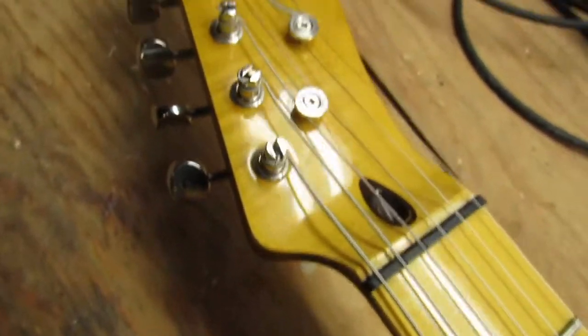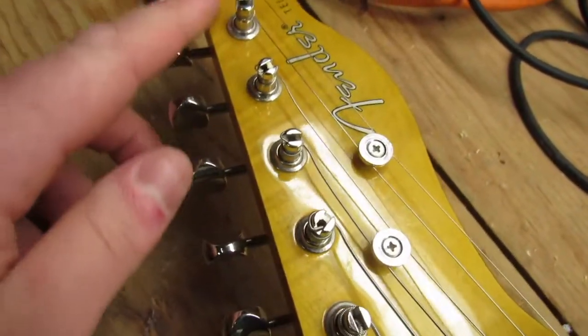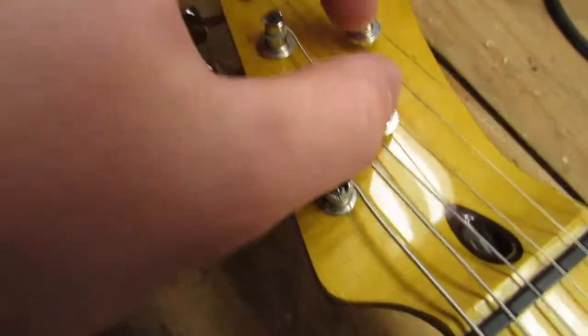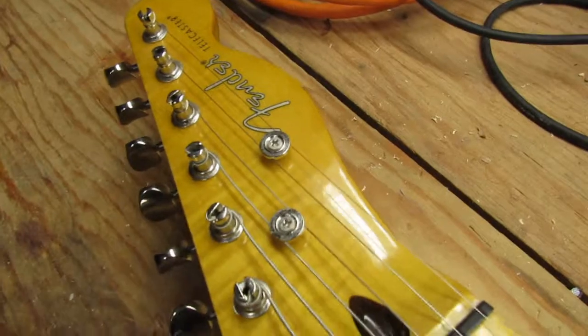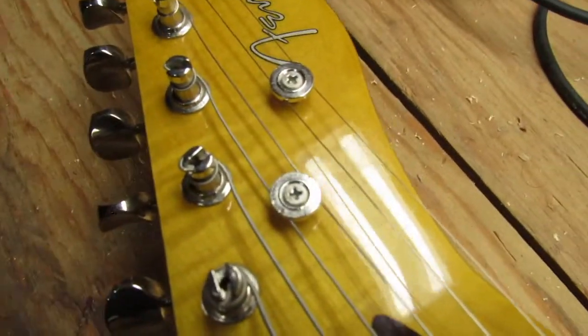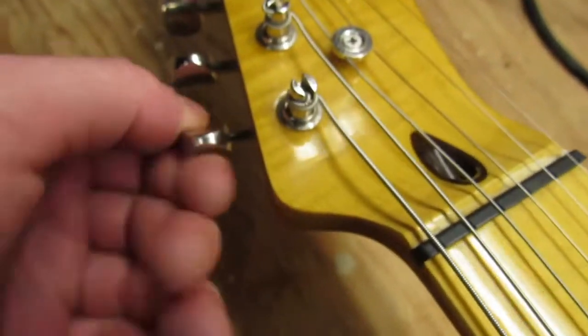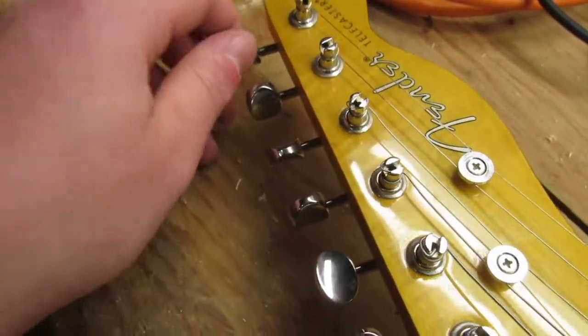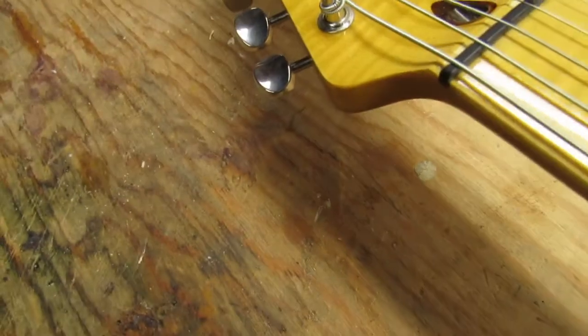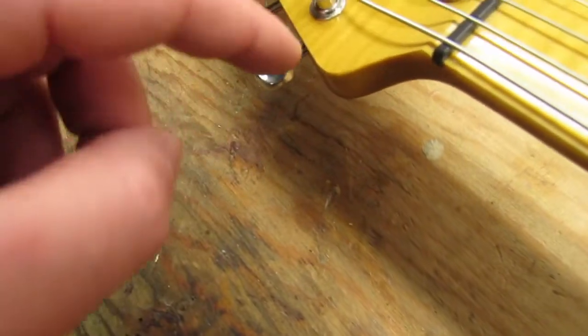Of course, back on the headstock, you can still see that flamage all along the headstock. We have these two vintage style string trees, so they're not like the T ones or the roller ones. These are like truly the vintage style. Vintage style tuners. In the opinion of many people, including myself, these are the best type of tuner, because when you're restringing, you just have to poke it in, wrap it around a couple times,